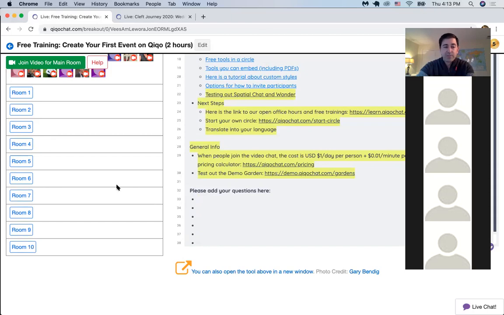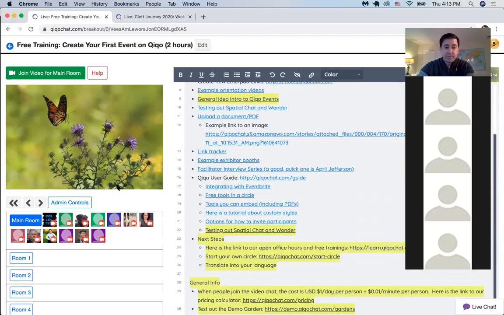Any questions? So every room has an Etherpad as a default. Yes, Joyce. Is that right? Okay. Exactly. Thanks. And every room has a video Zoom meeting. So it's a full meeting. These are breakout rooms, but they have a full Zoom meeting, which means, because every Zoom meeting has optional breakout rooms inside, that when you're welcoming people in the main room, for example, if people are coming half an hour early for your event, they can arrive in that Zoom meeting and you can send them to breakouts